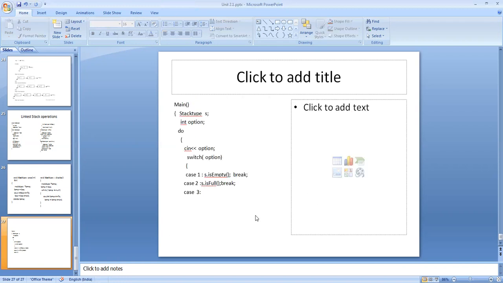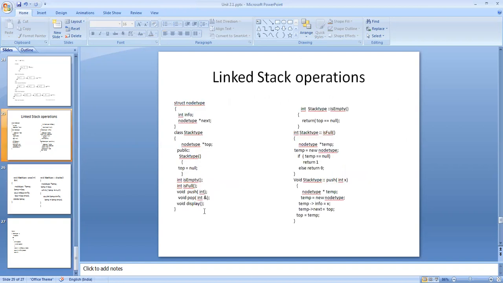Now let us see what this push function is. Push has an integer formal parameter.